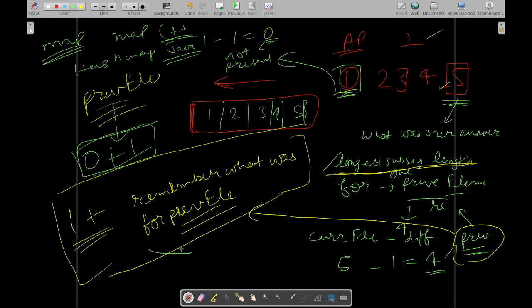And at last, how would we be getting the maximum length subsequence? Let me quickly change the color again. What we would be doing is, let me take another slide quickly. We would be using a variable, max length, or say longest length,